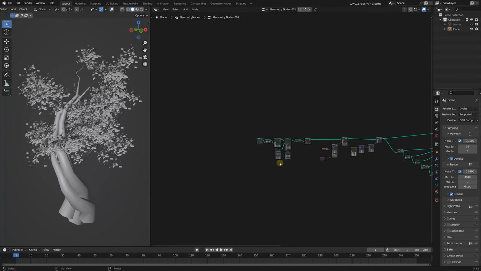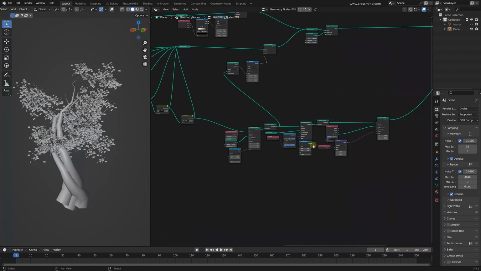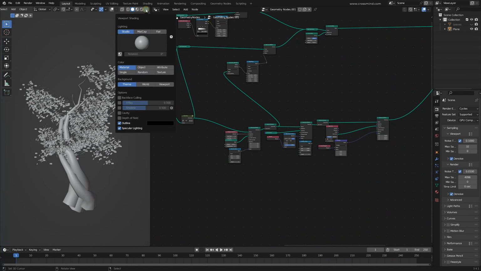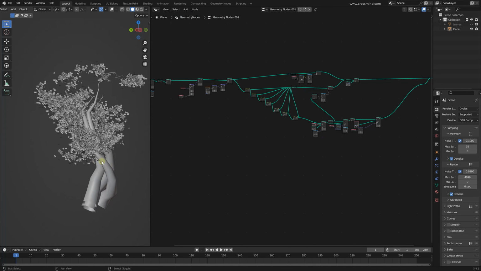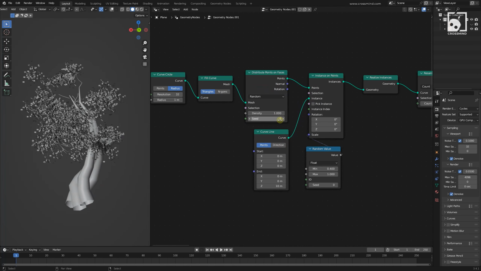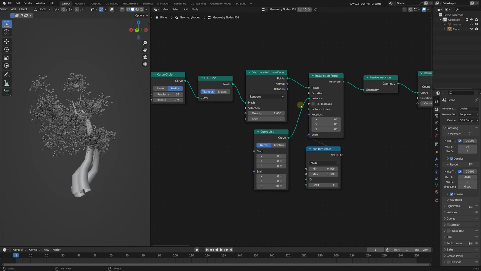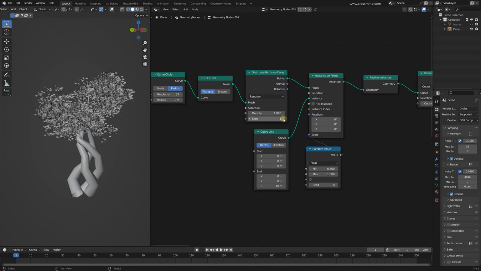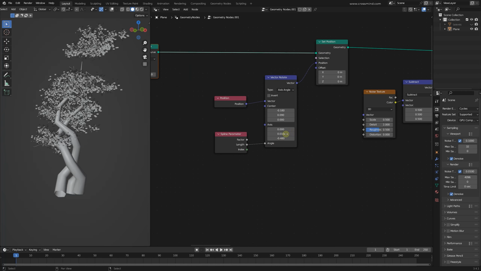So now we have a tree. I'm just going to reduce the twist. So now we have the basic setup of the tree. What I'm going to do now is simply tweak a few numbers and find a better variation of this one, and then we are going to finalize it with the material or something. Every time I scroll these numbers, we should be able to generate a new tree. So just by changing the seed of the very initial tree trunk, we can create so many variations, and